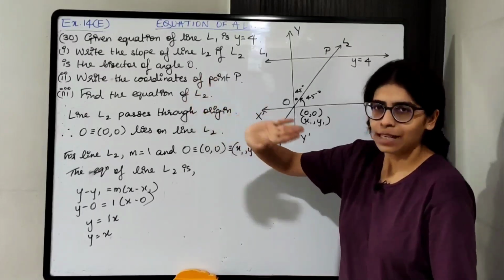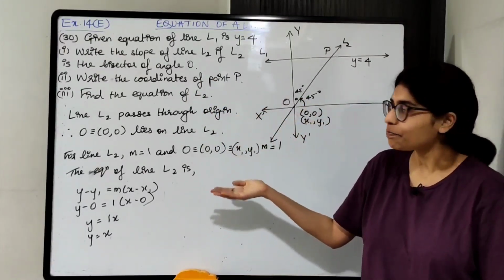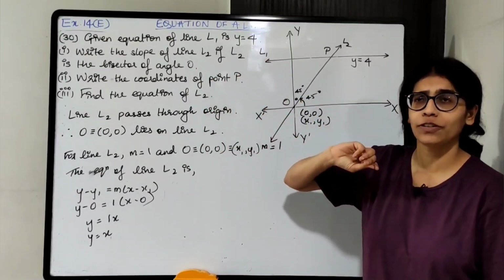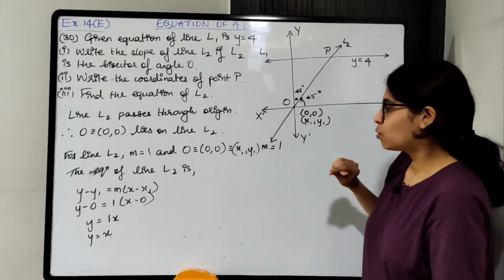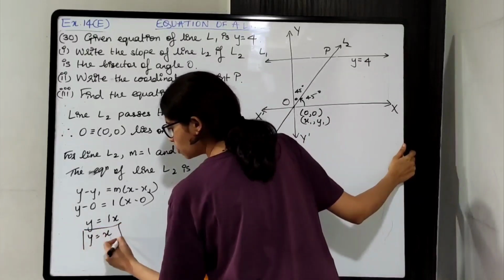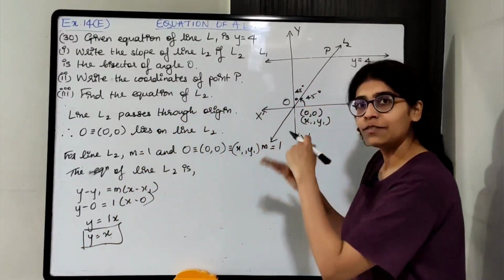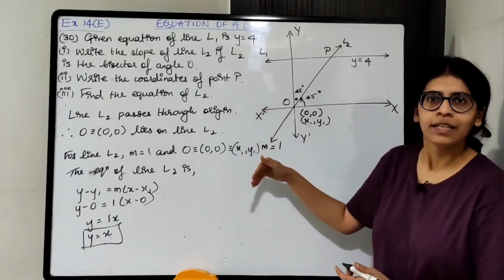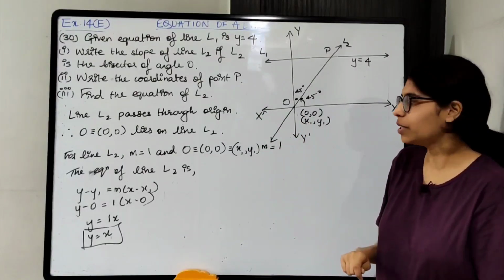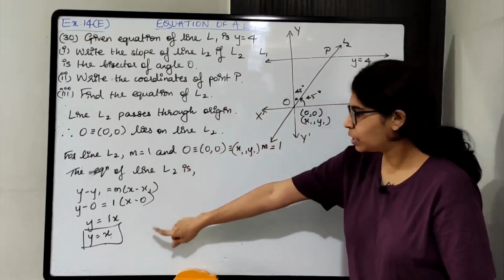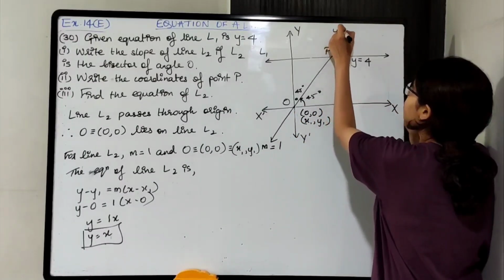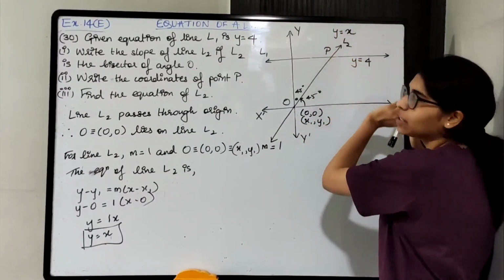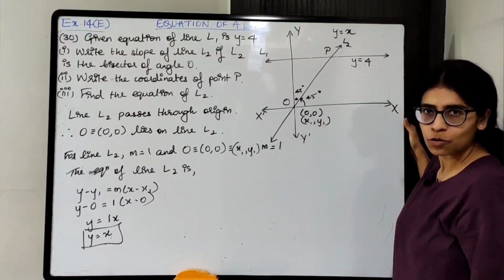So we got the third part first, we had to find that. Now using the equation of L2 we'll find the coordinates of point P. Okay, so just box this. Okay, we have got the equation of L2. We'll write it at the end. We'll write the third part last, first we'll find the second part. Okay, so we'll solve the two equations. y equals x, that is the equation of L2 we got, and y equals 4, and find the coordinates of point P.